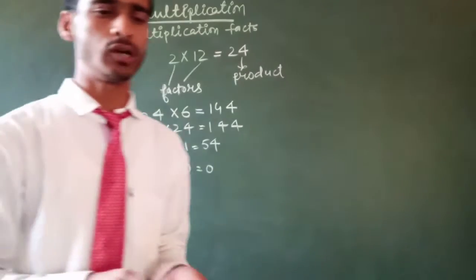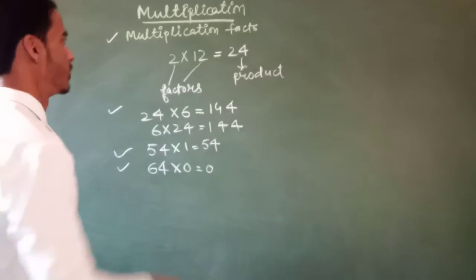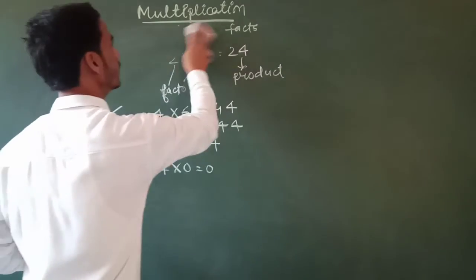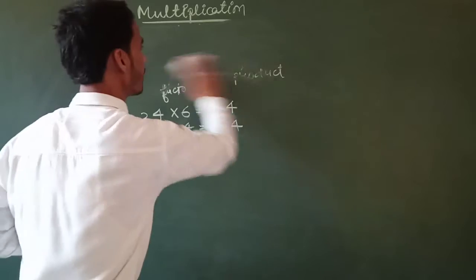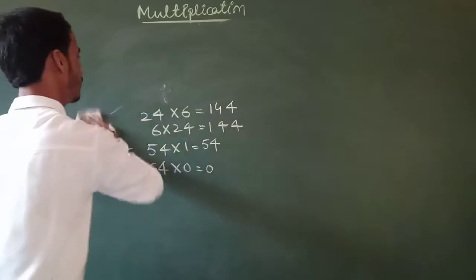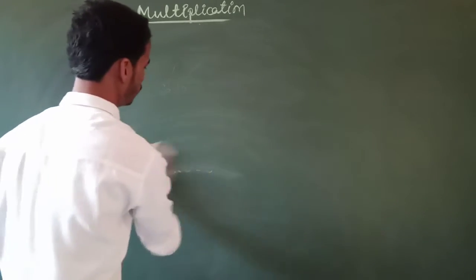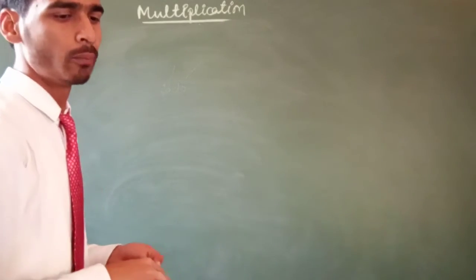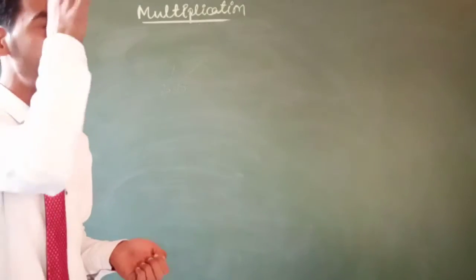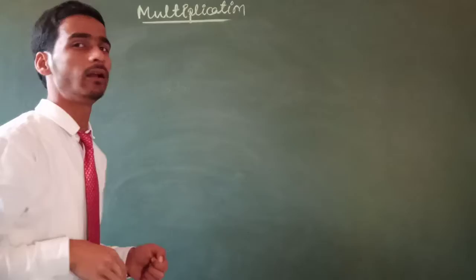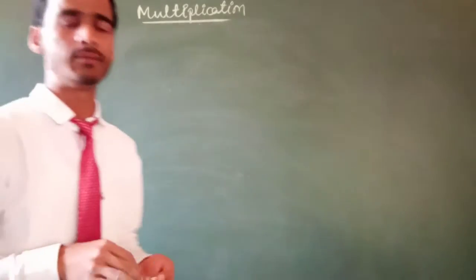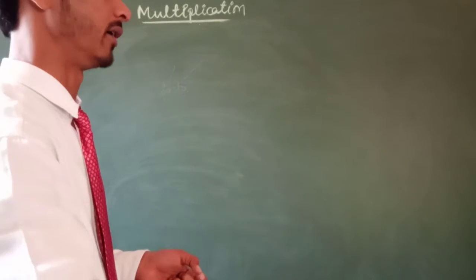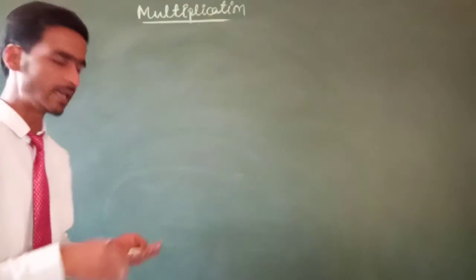Now, we have to discuss some topics and some questions also. So let's come to the topic: multiplication tables, multiplying by 7. You know very well the table of 7, table of 8 and table of 9. In the table of 9 there is a fact. What is it? Listen here.